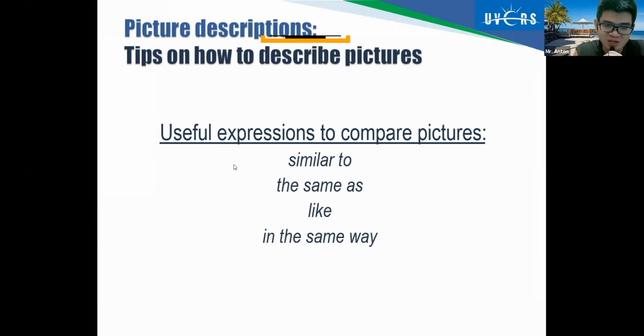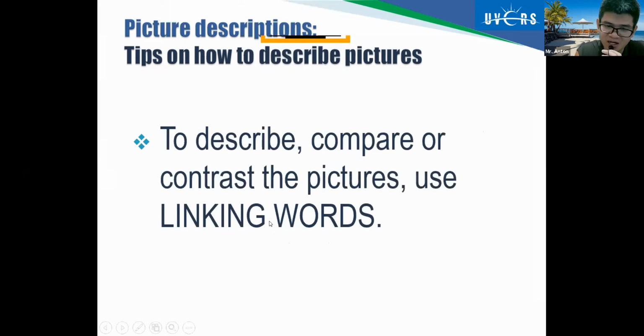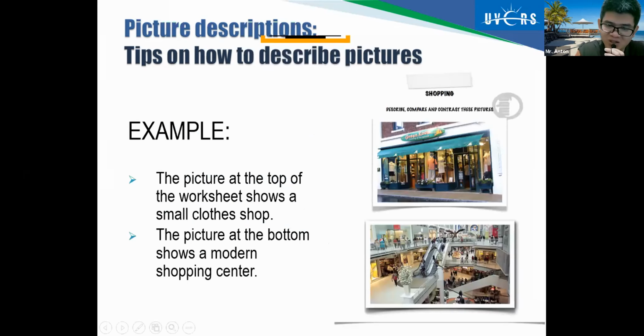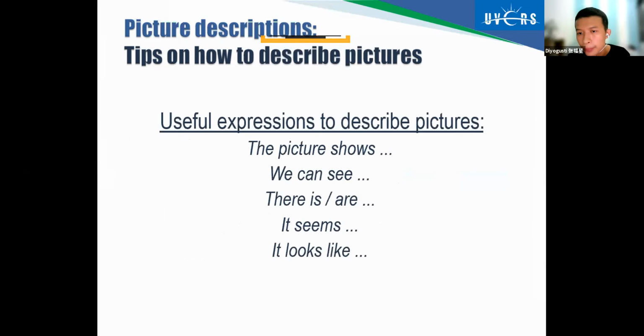For example, for similar, you say the picture one is similar to the picture two. They are about shopping ways. Jadi persamaan dari gambar pertama sama gambar kedua ini sama. Kenapa sama? Karena sama-sama cara belanja. Shopping way, sama-sama cara belanja. Okay? They're talking about shop.